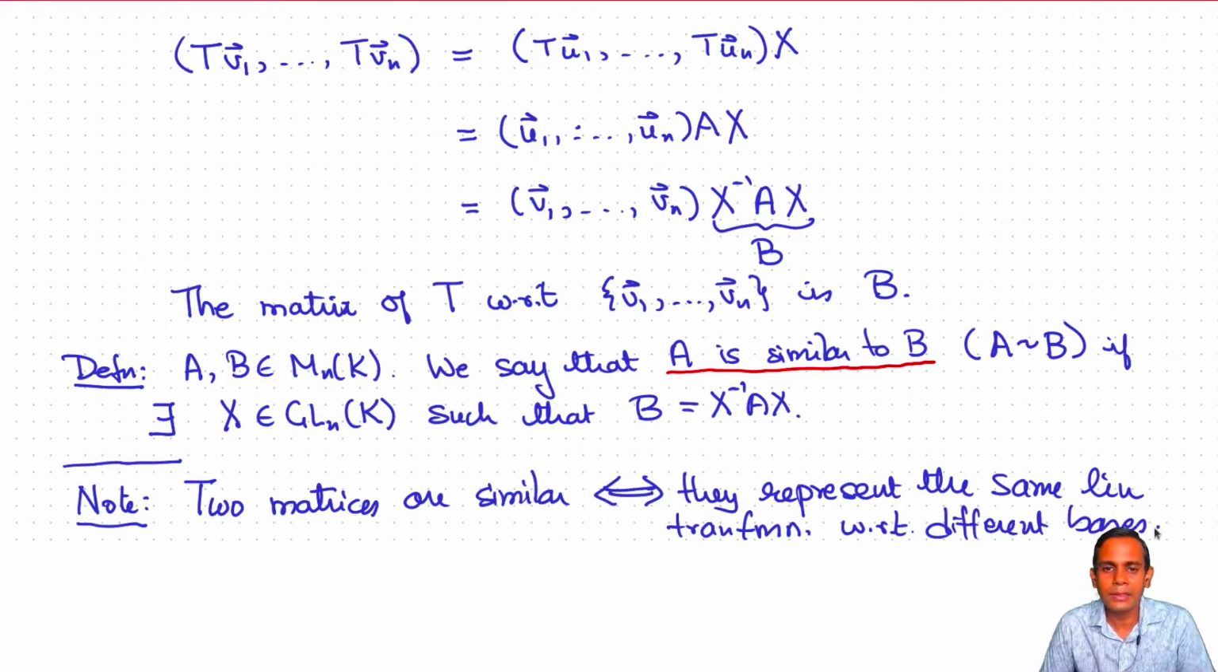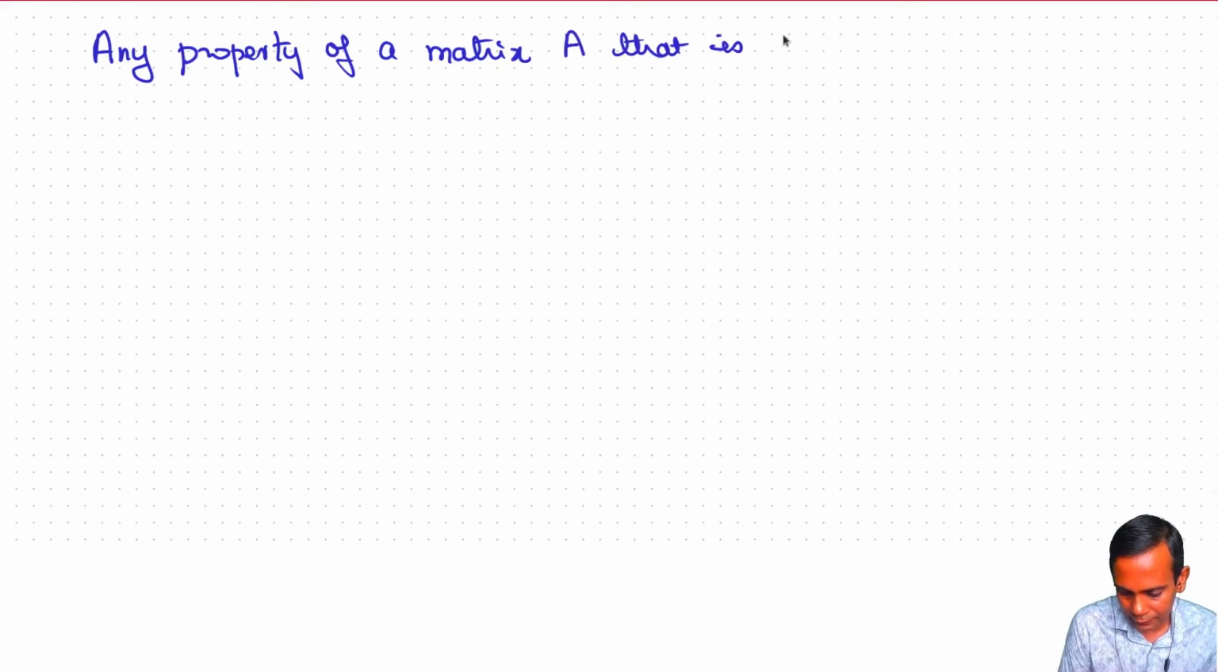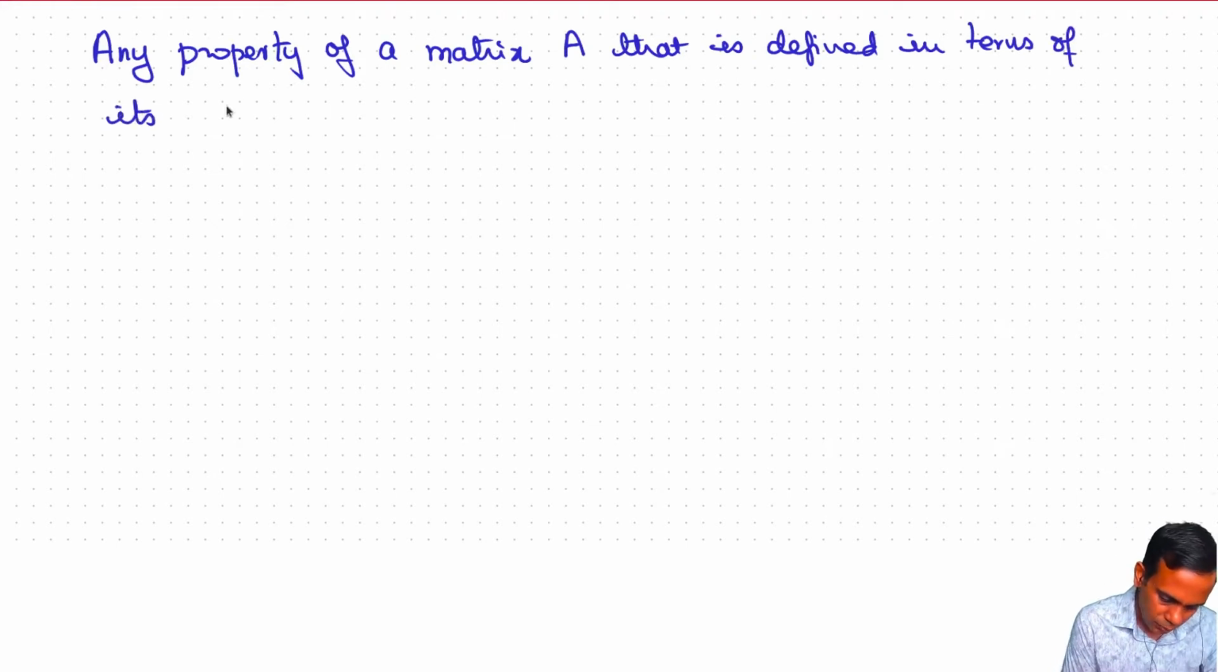And you can easily see that similarity is an equivalence relation. Now, because two matrices are similar if and only if they represent the same linear transformation, any property of a matrix that you define in terms of the linear transformation corresponding to a matrix will not change if you replace a matrix by a similar matrix. So for example, here's the sort of meta theorem. Any property of a matrix A that is defined in terms of its linear transformation